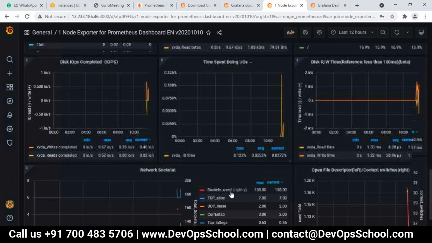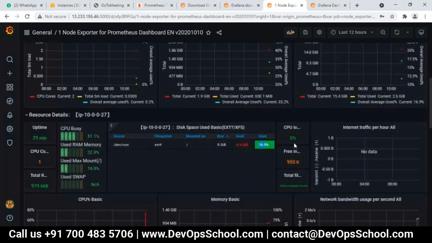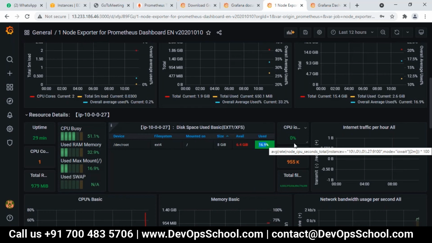So basically, the node exporter's role: what is happening is the node exporter has shared the details of the OS, at the OS level, not the application level, with Prometheus.